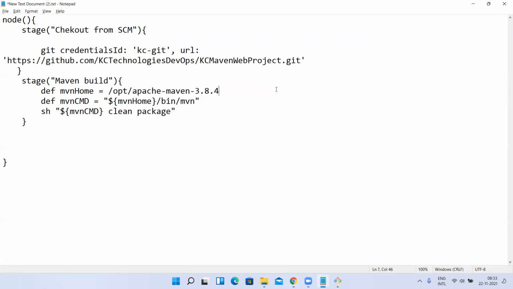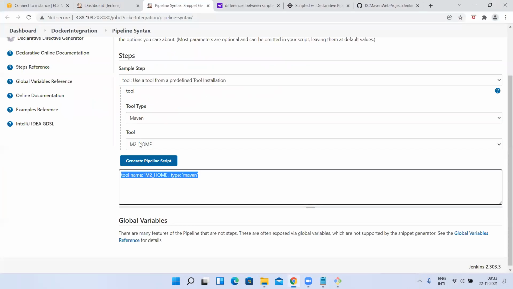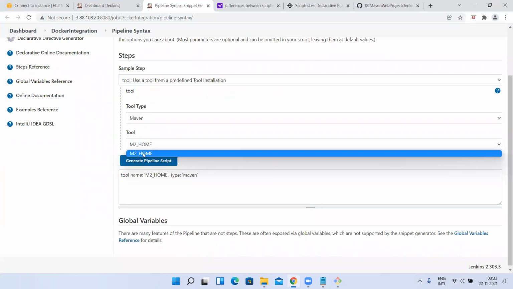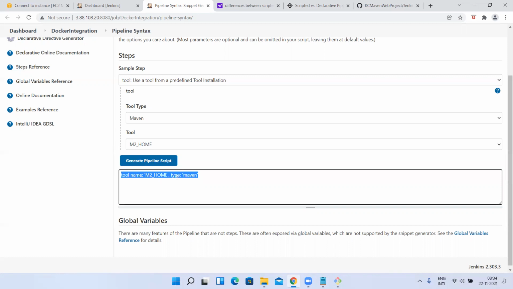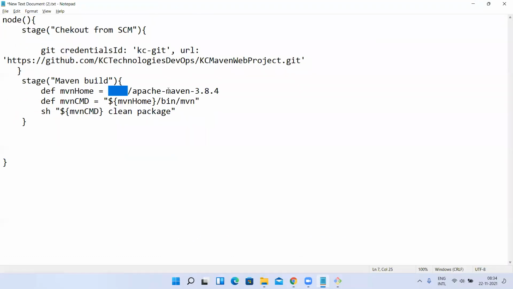Yes, of course you can give it like this, in double quotes or single quotes. But the problem is you may change Maven. If you configure it in 10 or 20 projects with the path given directly, later if you change the version of Maven, with a different path, then you have to change all the places. But if you use a tool, it is given dynamically. If you just select the name of that tool, whatever you have in the global tool configuration, you have given the name m2_home, and for that you have set the path. You just select the name here and get it. Automatically, this is going to get the path for you. So whatever you set in global tool configuration, it will get it for you.